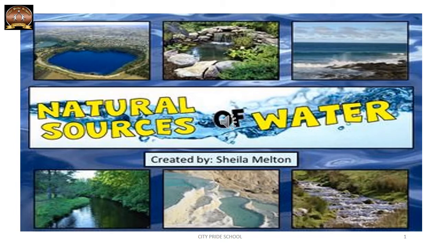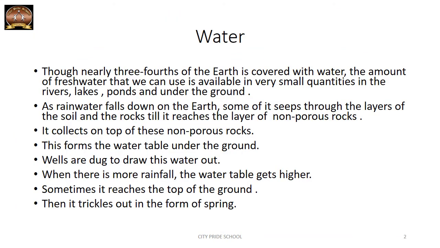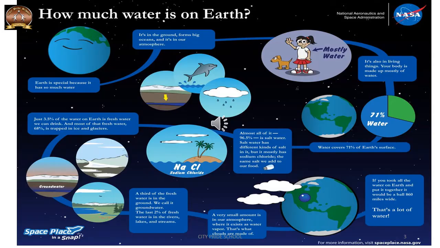So you can see here in this slide there are different sources of water that are being shown. As I said earlier, nearly 3/4 of the earth is covered with water. The amount of fresh water that we can use is available in very small quantities in the rivers, lakes, ponds